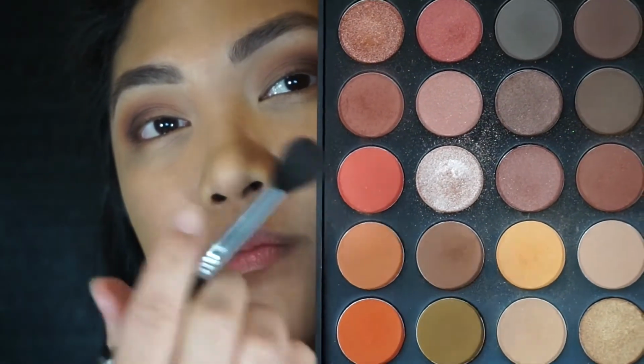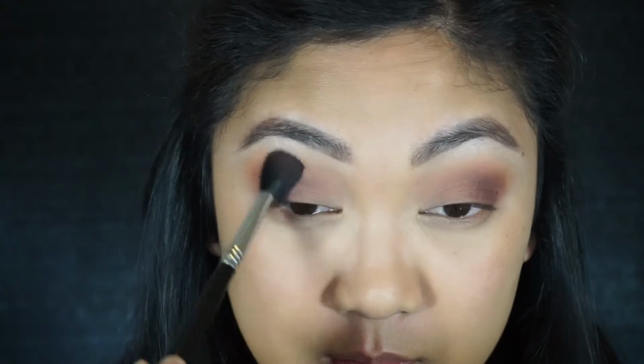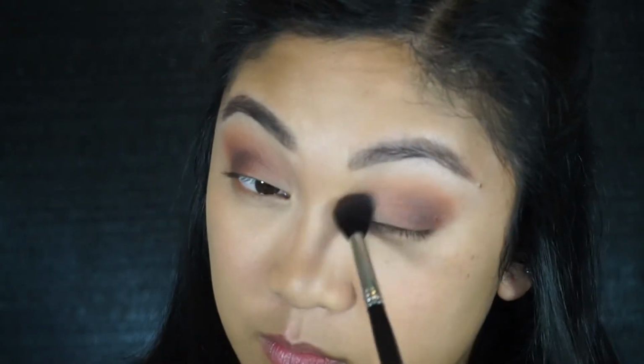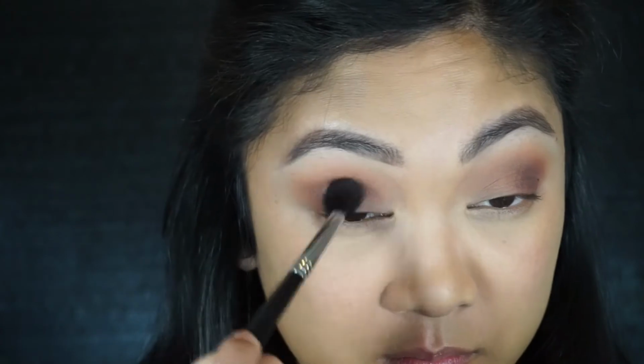Then I'm going to take a little bit of this orange shade right here on the fluffy brush because I want to bring a little bit more of that orangey tone on the crease. Let me just kind of buff that over everything. And then over the whole lid,